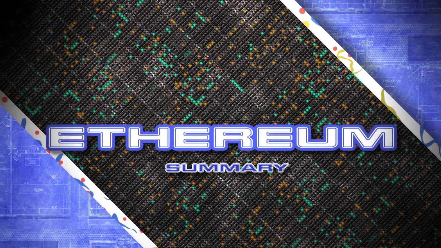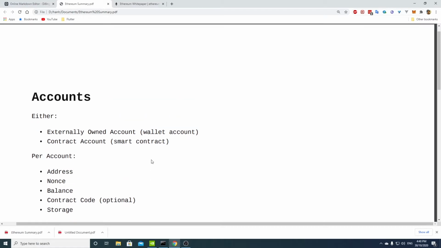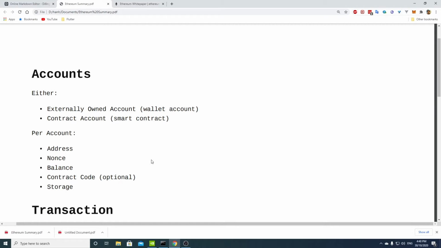Since we have passed the part where we were talking about the Ethereum design and moved on to its applications, I have collected some notes, and I hope that it will help summarize the things we have seen so far about Ethereum. So Ethereum deals with accounts, and an account can be either externally owned,